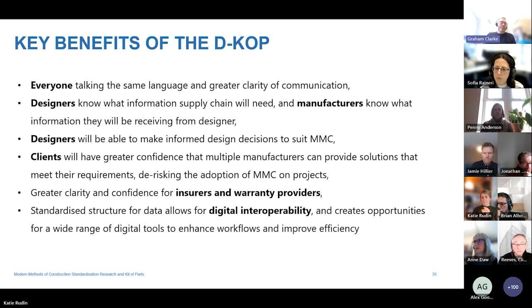So just to highlight some key benefits, which hopefully have been obvious as we talk through that: everyone talking the same language is going to create greater clarity of communication. It should make everyone's lives easier. Designers will know what information they need to provide to the supply chain, so the supply chain can have confidence providing those solutions. It will be a really big help for designers to have that guidance and those constraints built into the tool, so that it gives you confidence that your design is aligned with what can be economically delivered by the